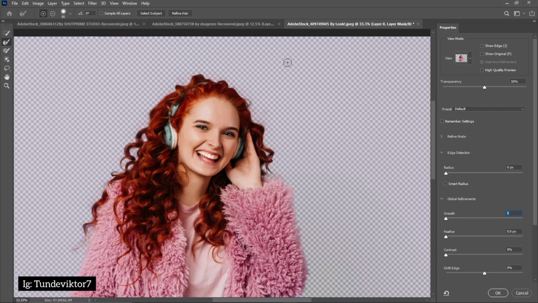So once this tab is open again, if you have the latest version of Photoshop, all you can do is just click on refine hair, and Photoshop will automatically refine the hair for you. As you can see, Photoshop automatically refined the hair for you. I'll just click on OK. But for those of you who have the older version of Photoshop, I'll just undo this,